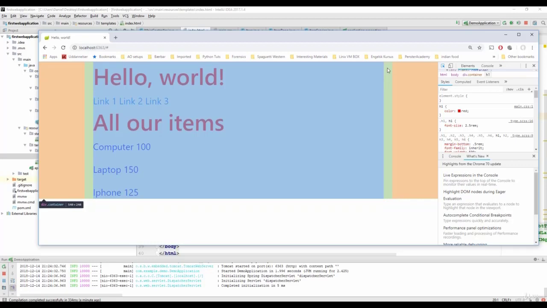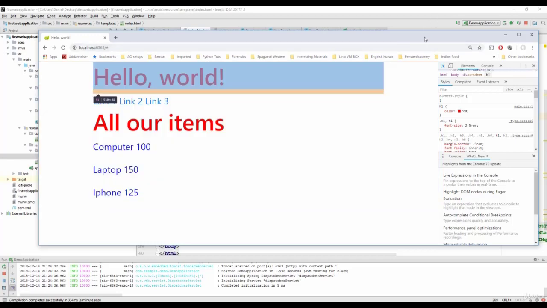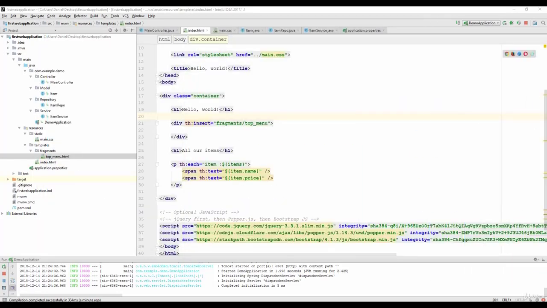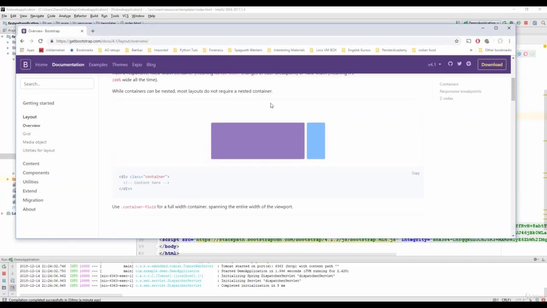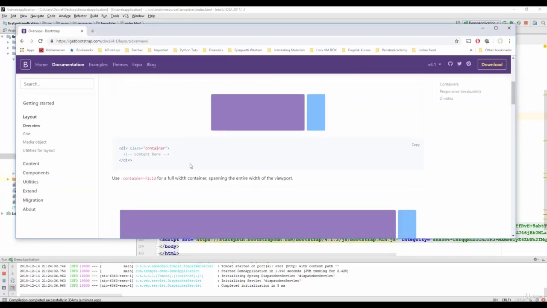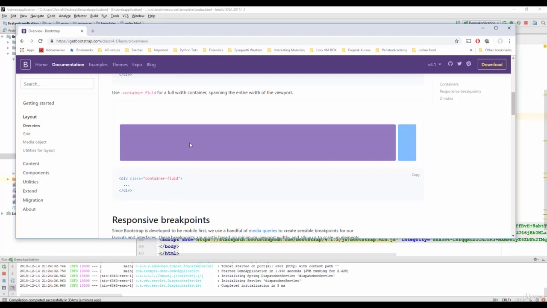Now, I hope that you did read up on HTML and CSS, because this is probably really hard to understand if you haven't. So feel free to stop the video and go and read about HTML and CSS before you continue. Okay, so what we're gonna do now is go back to the Bootstrap web page and say, okay, so you gave us a container. What about